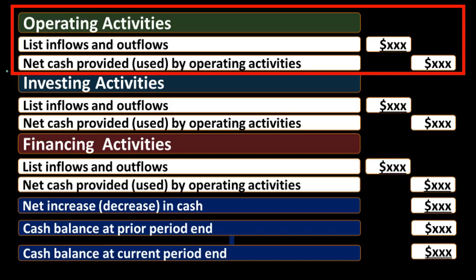If we were to convert that to something on a cash basis, that would be similar to something on the cash flow statement, just for the operating activities. The operating activities section is usually the longest part of the statement, because when we tell the story of what's happening within a company, whether through the income statement, what's happening in terms of normal operations, or through a cash flow statement, what's happening through cash flow,